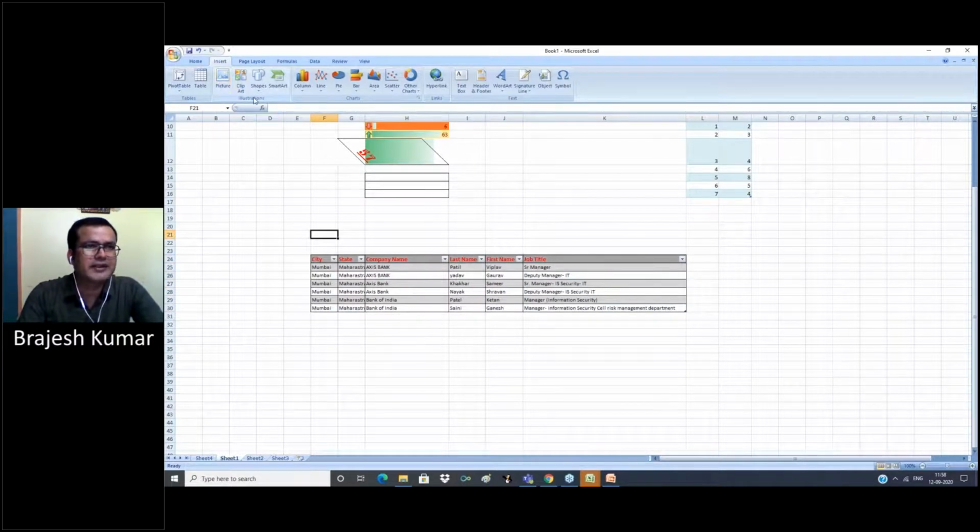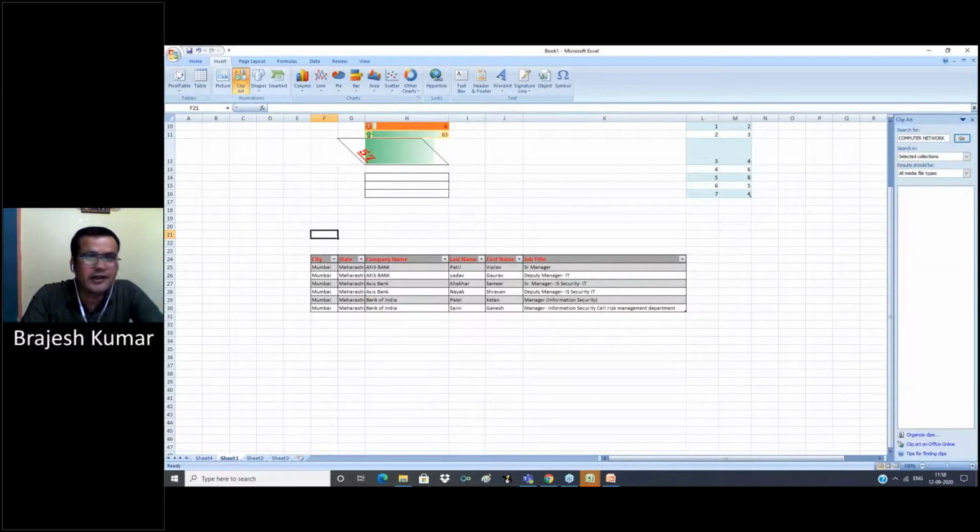Now the illustration group: picture, clip art, shape and smart art. This option is to insert a picture in our Excel. Clip art is already built into Microsoft Excel. You can use clip art as per your requirement; suppose we write here search for computer network.